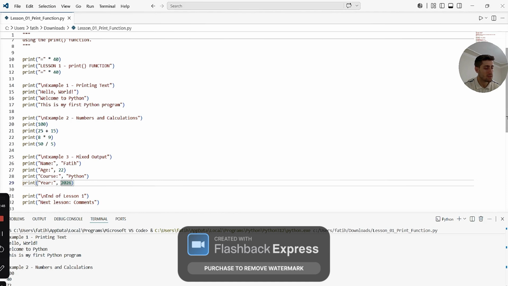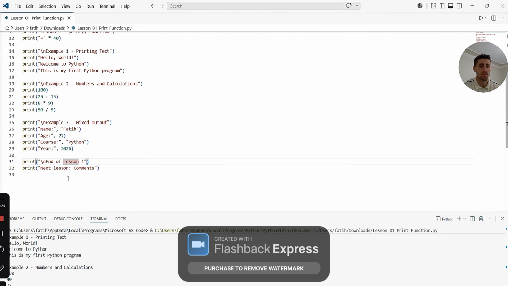Print year 2026. This prints the year. Keywords: integer and output. Why do we use it? To display numeric information. And print end of lesson 1. This tells the user the lesson is finished. Why do we use it? To mark the end of the lesson.